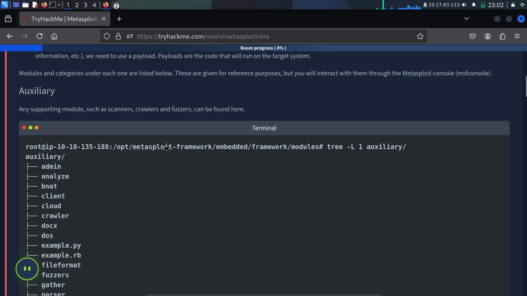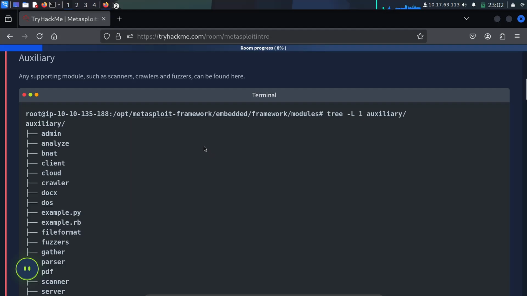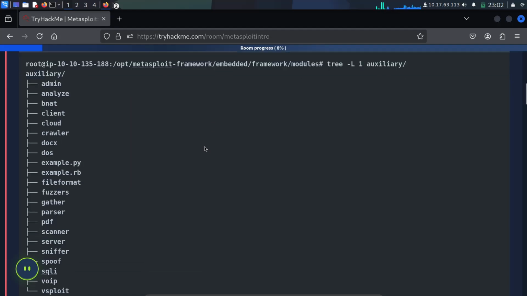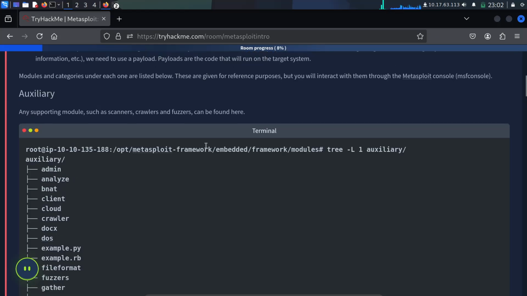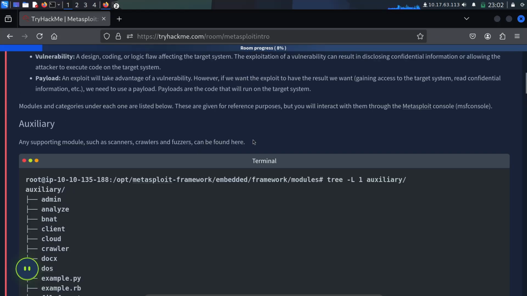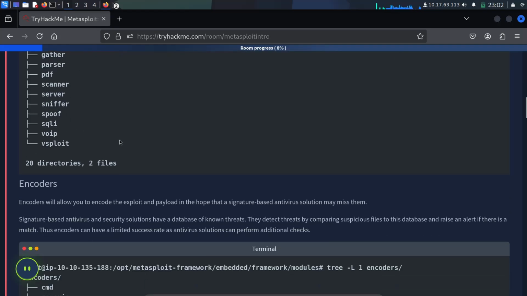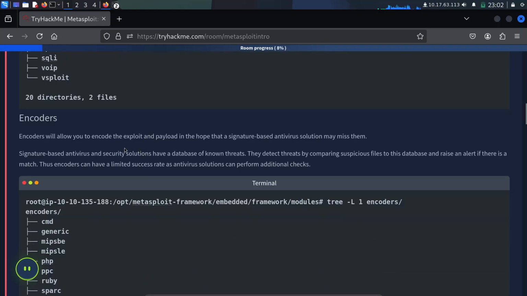Here are some modules. This is auxiliary, with 20 directories.